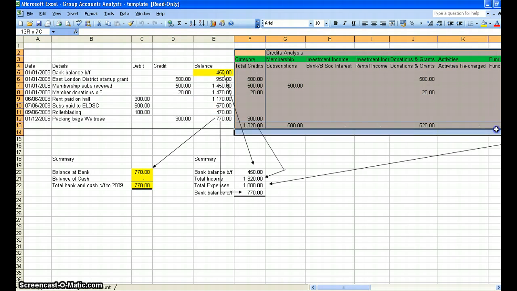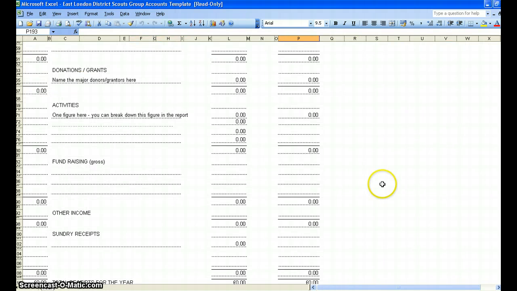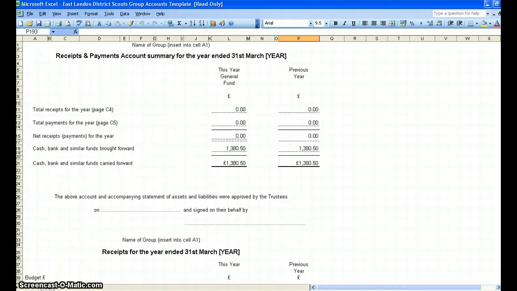In essence it all stems from your ability to complete this. Now this form here is the East London District Scouts group accounts template that everybody will be using soon, and if you're not already using it, you need to be aware of this form. It's in an Excel spreadsheet. It's very easy to complete, but of course it all depends on the figures that you've got to put into the sheet. So if you've got good information going into the sheet, the actual spreadsheet is very easy to complete,